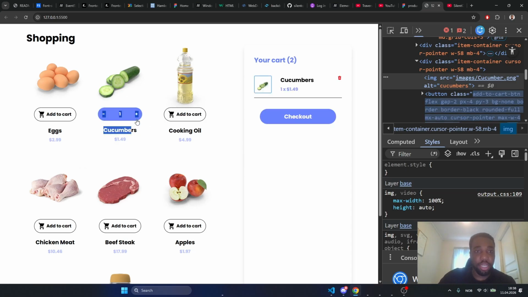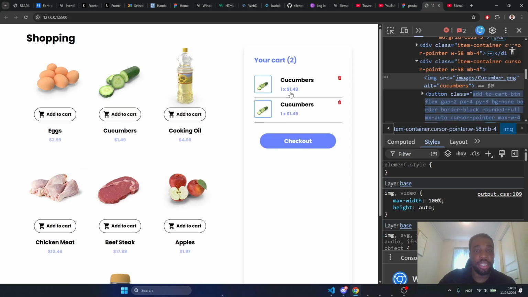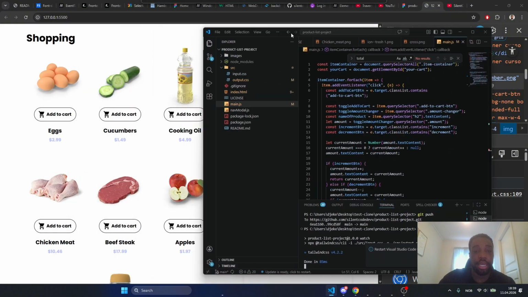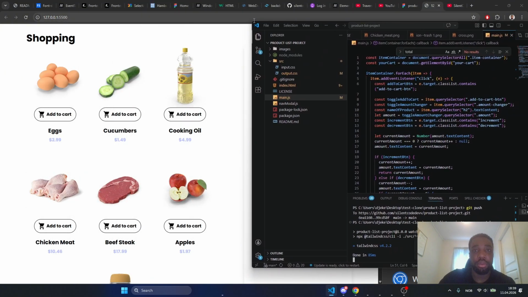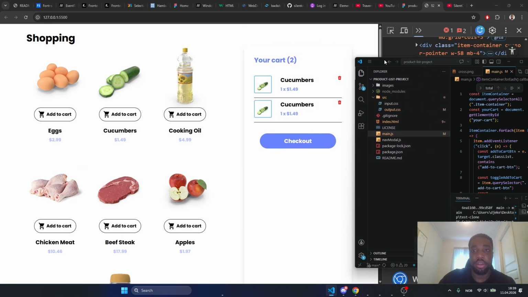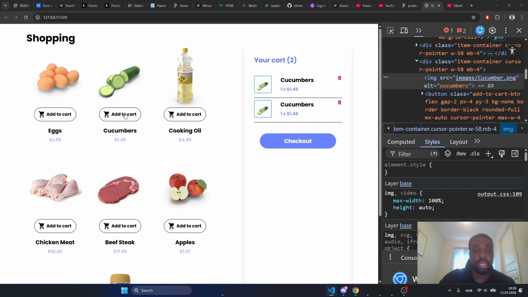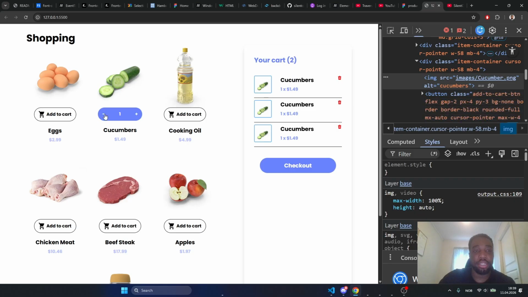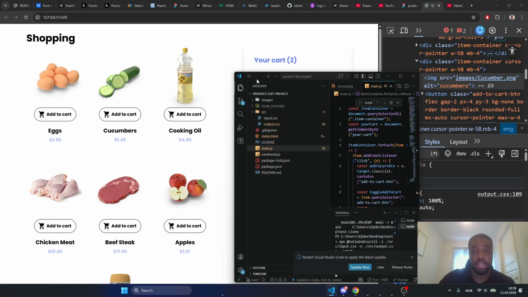So today I was thinking, as you guys can see, when I increase, it works. But when I click decrement down to 0, I want the item to be removed. So what we're gonna do is I'm gonna try to figure that out. When I click this decrement button, it should be removed, right? So what I'm thinking of is